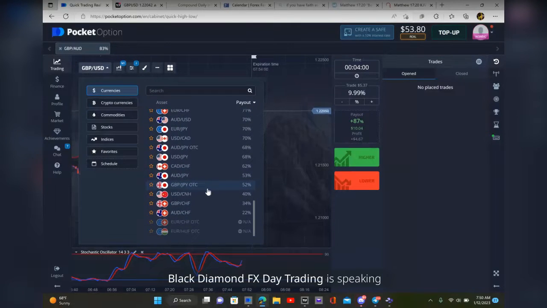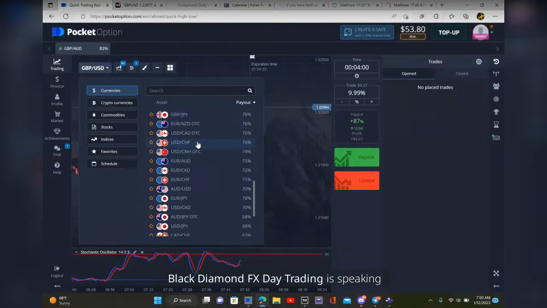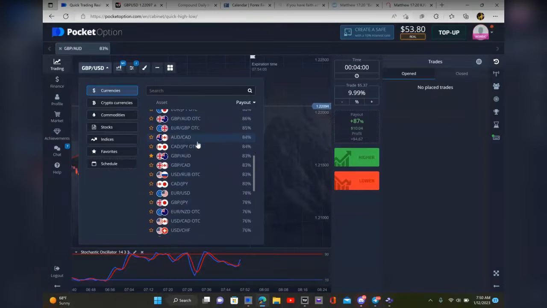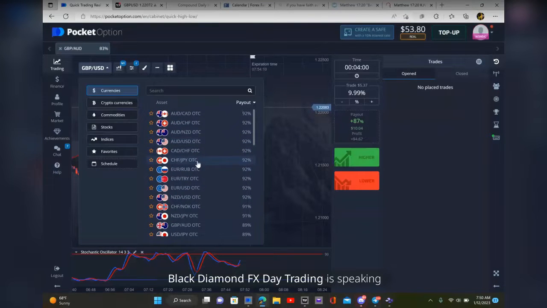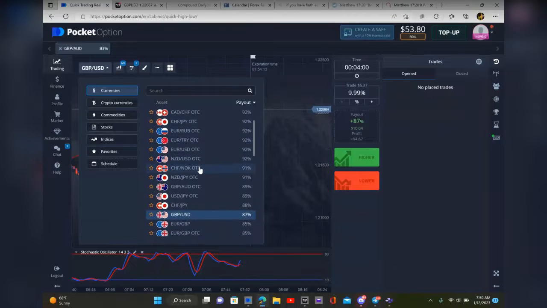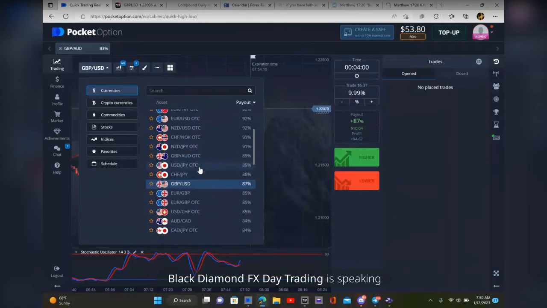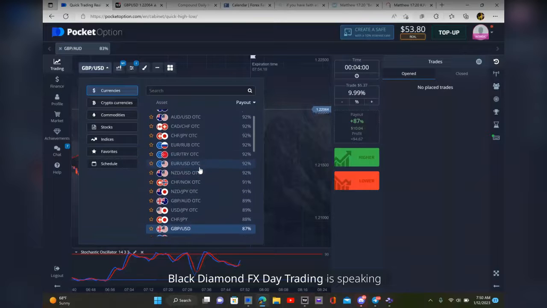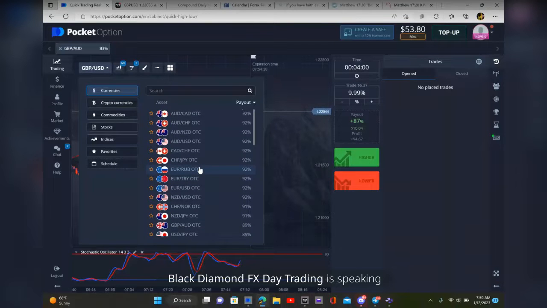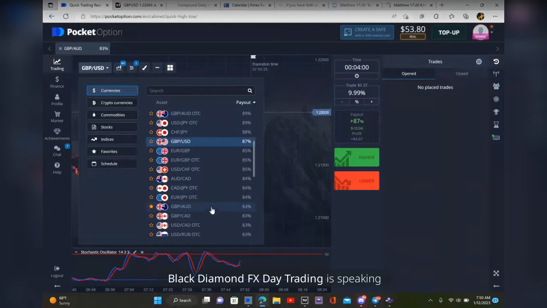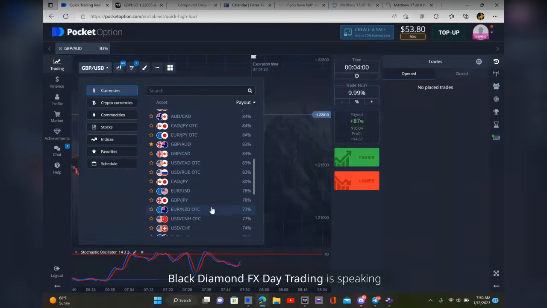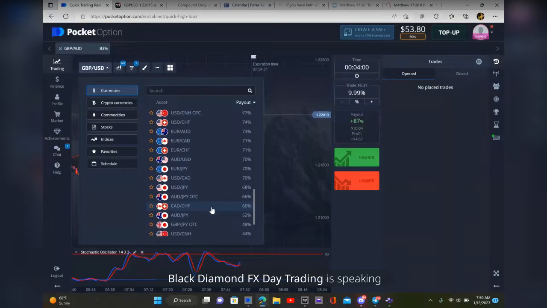Let me see. GU, where you at, GU? Let me know if I pass it up. I don't see it. I just saw it. Where at? EU, AU, NU. This is the one we're supposed to be trading. If not, then I'll just use another pair, but I want to show y'all the difference. Let's look at AUD CAD.